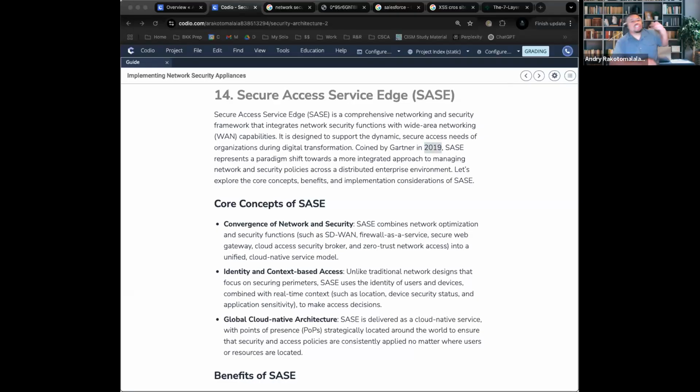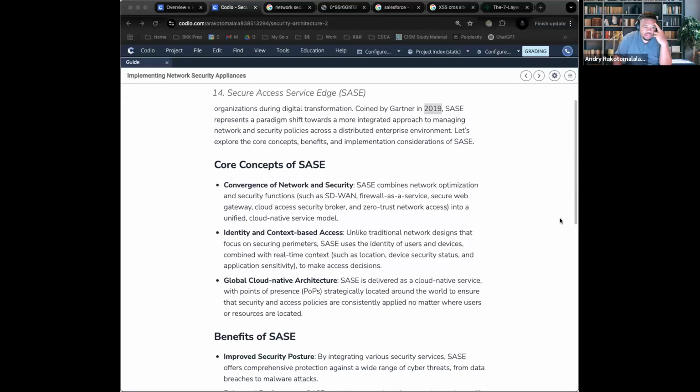Quick note, anytime you hear the term next gen, the first thing that should come to mind is new. That's all it means. It's new. So what exactly does a SASE do? Now, a SASE combines all of the key elements in cybersecurity and network. So it brings together a SD-WAN, so like the software where you're able to manage your networking. It brings together a firewall. So there's something called Firewall as a Service.